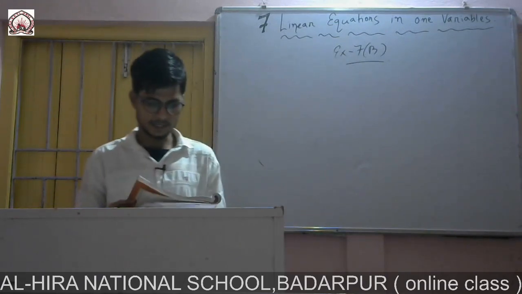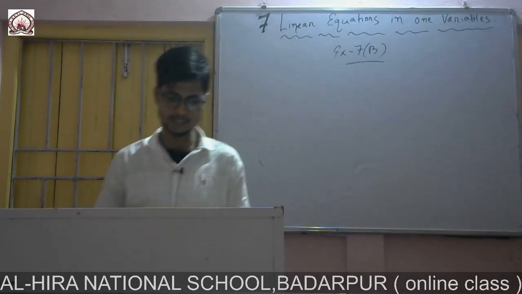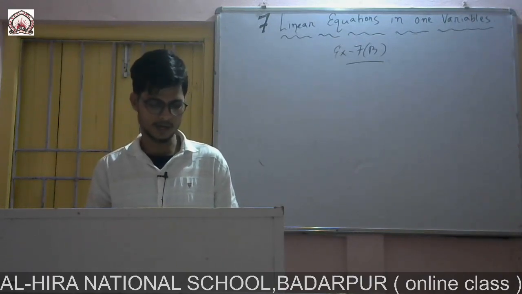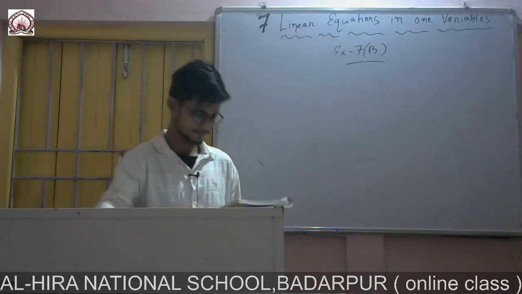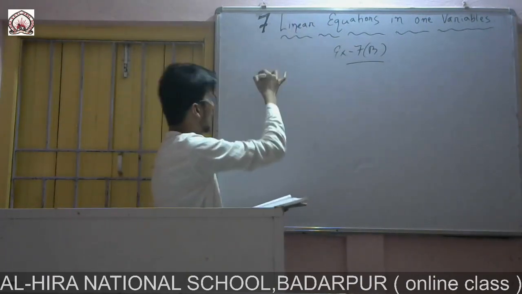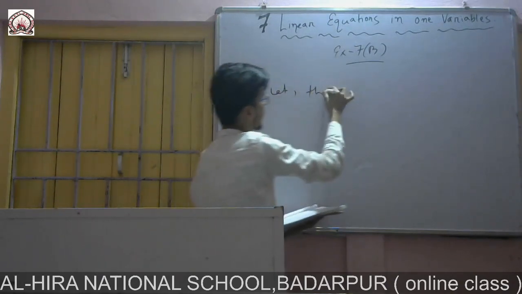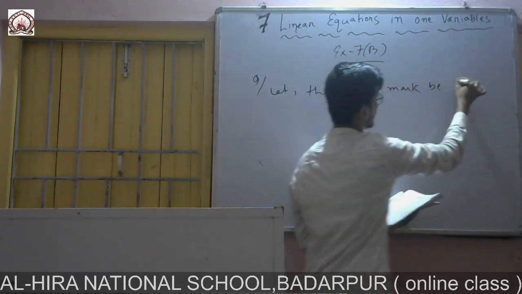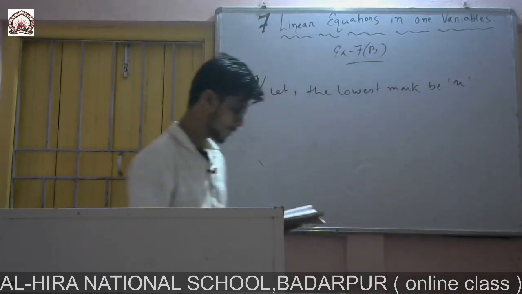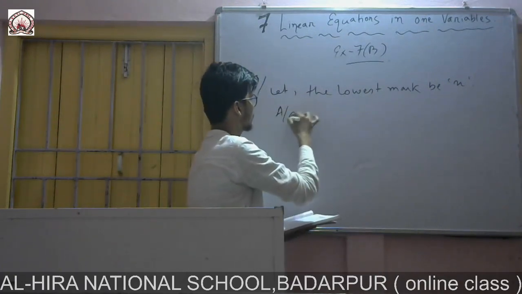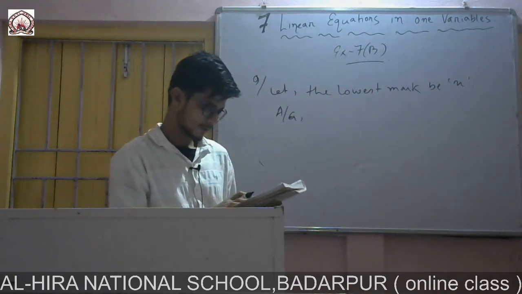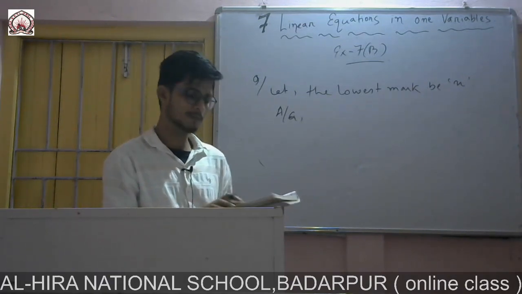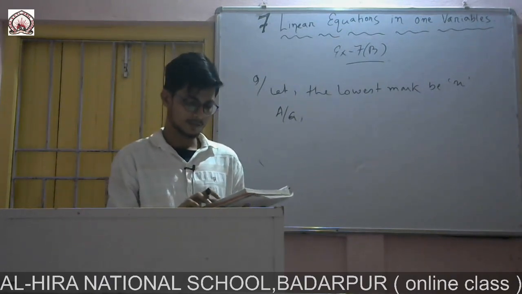The teacher tells the class that the highest mark obtained by a student in her class is 3 times the lowest mark minus 7. If the highest marks are 86, find the lowest mark. So here you will let the lowest mark be x. We don't know what the lowest mark is, so we will let it be x. According to the question, the highest marks are 86, and the highest mark obtained by a student in her class is 3 times, we write